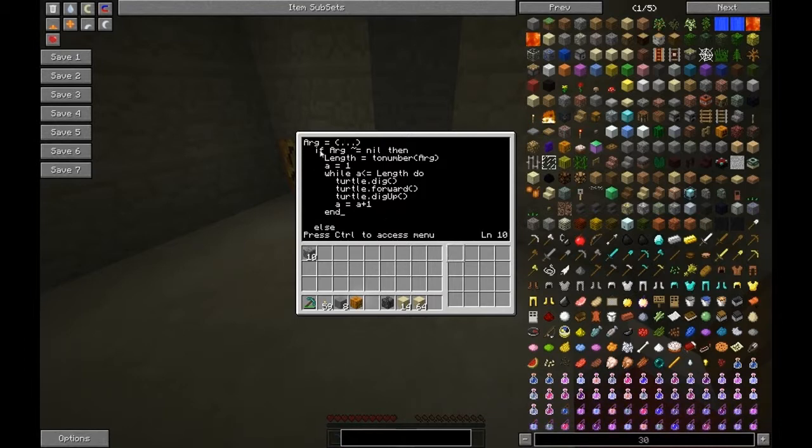So what it's going to do, within this tier, if the argument is not nothing, then it's going to set length as the argument, set a equal 1, and then within this tier it's going to do, while a less than or equal to length, it's going to dig, go forward, dig up, add 1 to a. Repeat until a is greater than length. And that's okay, that's what we want to do. Then it will stop. So end,